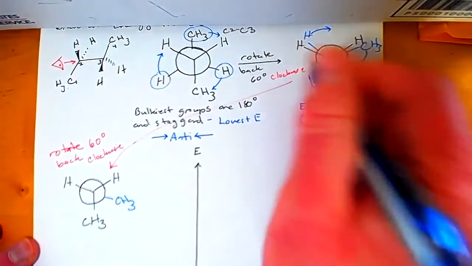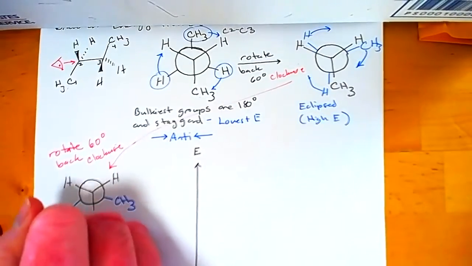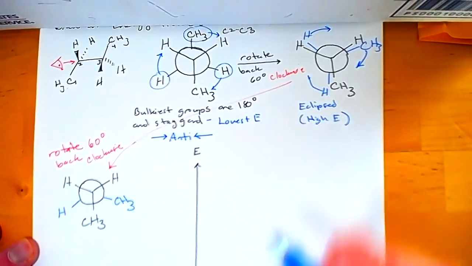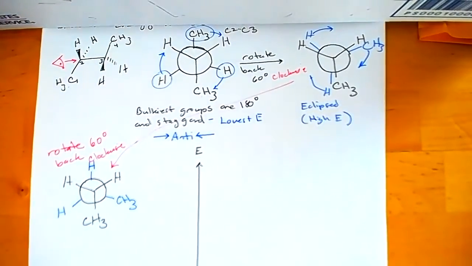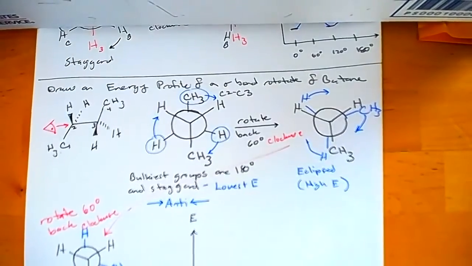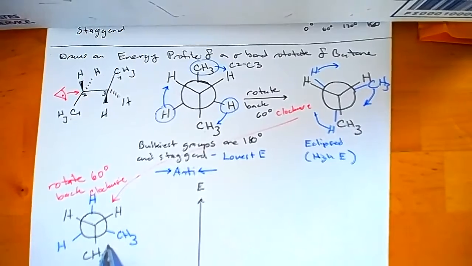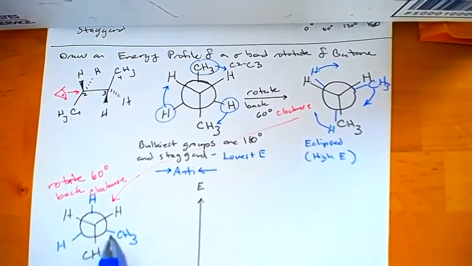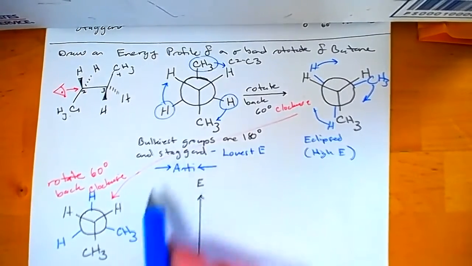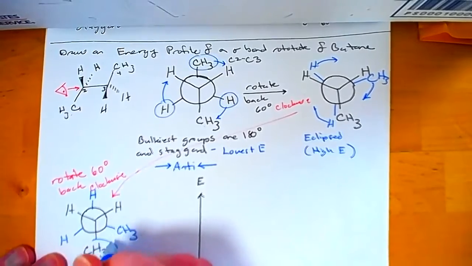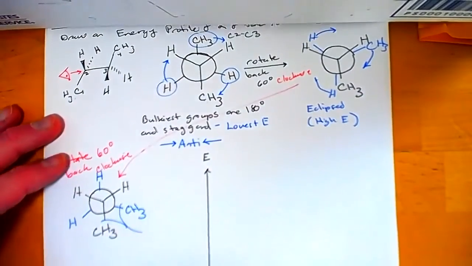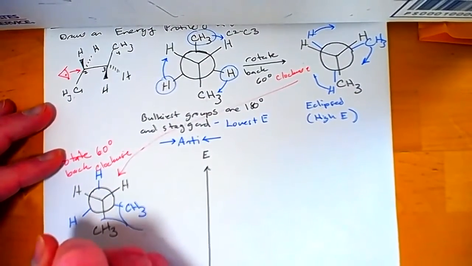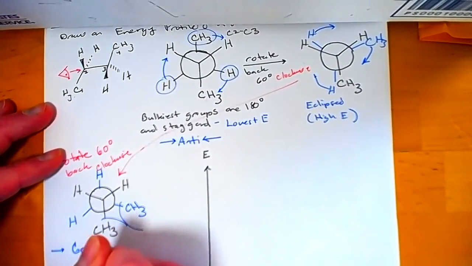This hydrogen atom is going to be between the hydrogen and the CH3 on this side. And this hydrogen is going to be between the two hydrogen atoms at the top. Okay. Now, this is also a staggered conformation, but it is not as low in energy as the anti, because your bulkiest groups right here are now 60 degrees apart from each other, okay, and it's eclipsed. So this particular conformation is referred to as the gauche, okay,